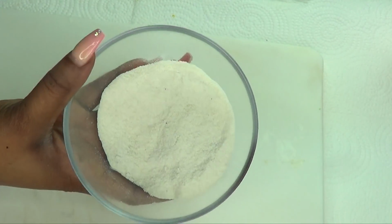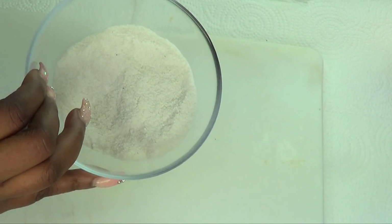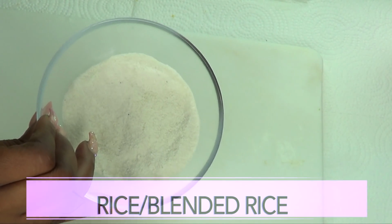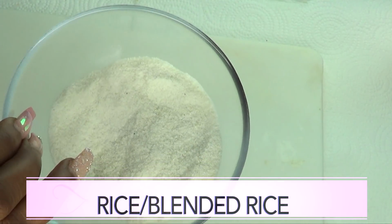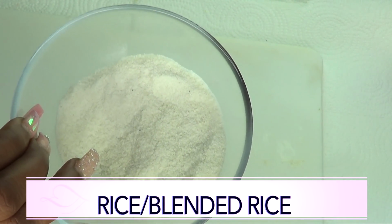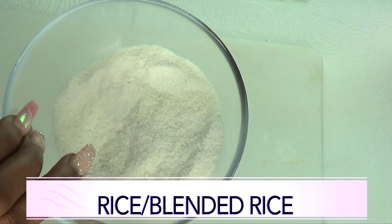Now our first ingredient is rice, and this is rice flour, and rice is really great for the skin. Using rice on your skin will definitely help to lift and firm the skin. It will help to get rid of those blackheads, it will shrink those pores, and it will take your skin